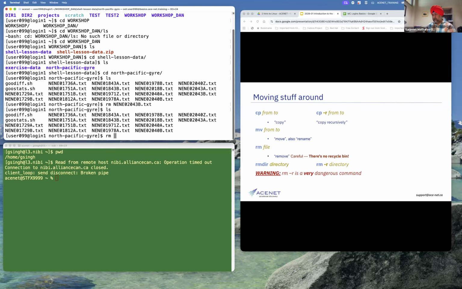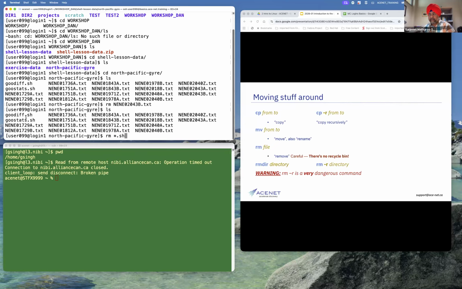If I do rm star, star happens to be a wildcard, and the wildcard needs to be used even more carefully. The wildcard will match, over here, rm star dot sh, so everything that ends in .sh will be deleted if I execute this command.